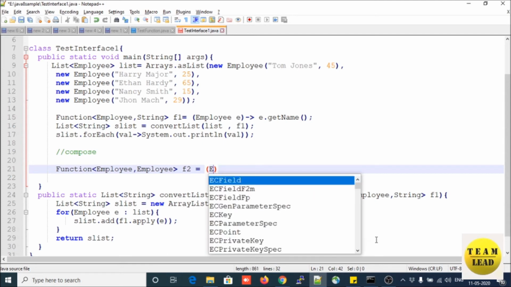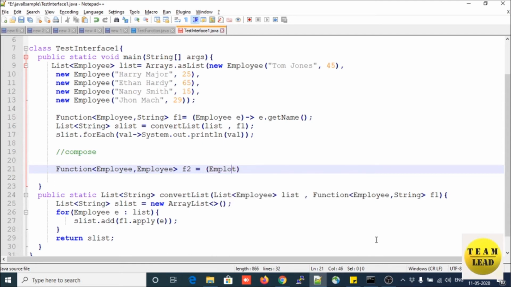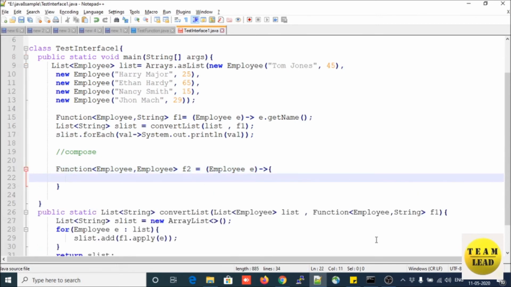It takes as an input employee, lambda expression, and from e.getName, from this employee it is getting the name, and from this name it is returning the substring from 0 to